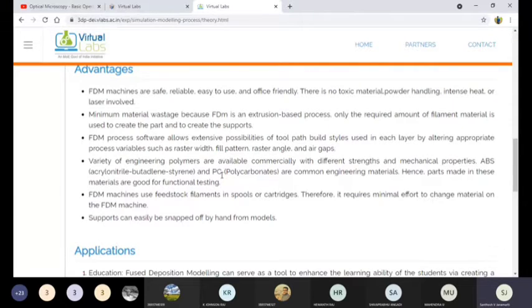These are common engineering materials, hence the parts made in these materials are good for functional testing. Right? The FDM machines use feedstock filaments in spools or cartridges. Therefore, it requires minimal effort to change the materials on the FDM machines. The supports can easily be snapped off by hand from the models.